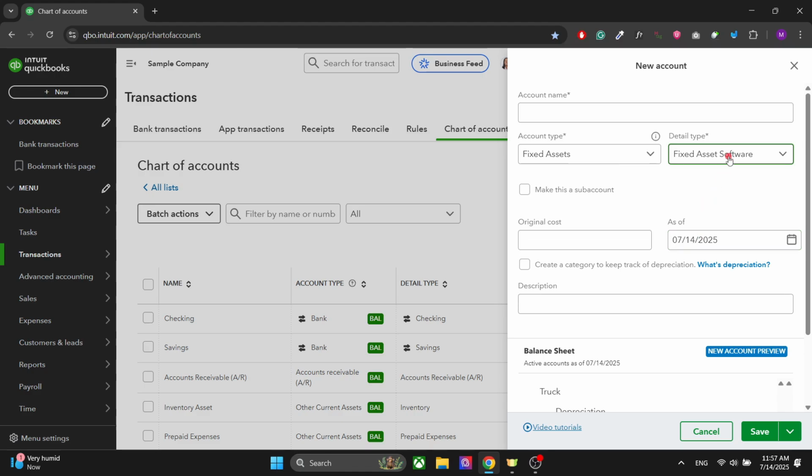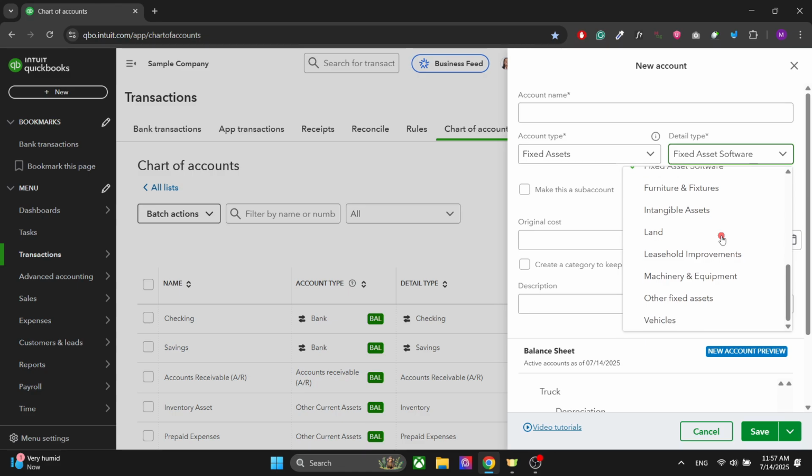For example, let's say you bought a perpetual license for a design software for $2,400. That will go in fixed asset software and you will amortize it over its useful life. But your $30 a month Zoom subscription, that's just a monthly expense, not a fixed asset. We have some more elements here, like